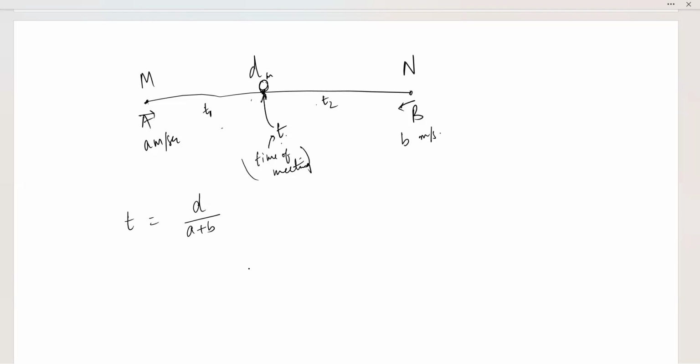अब इन दोनों जो T1 T2 दे रखा है, इससे भी एक रिलेशन निकलेगा. Now see, the distance between point O and point N, this distance was traveled by A in T2 time. So I can equate this distance. I can write the value of this distance as T2 into A, because A traveled in T2 time. And similarly, this distance was also traveled by B in time T, which is the time taken to meet first. Okay. So I can write this as,